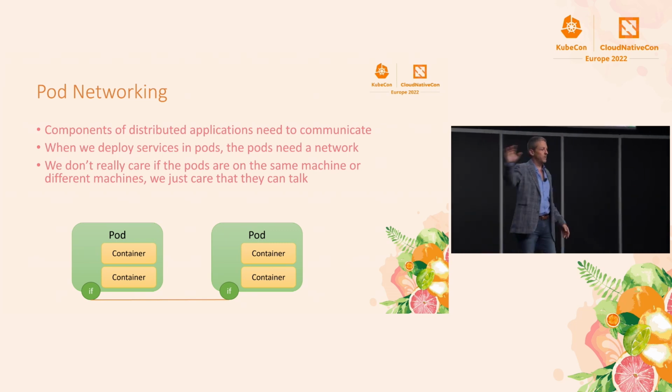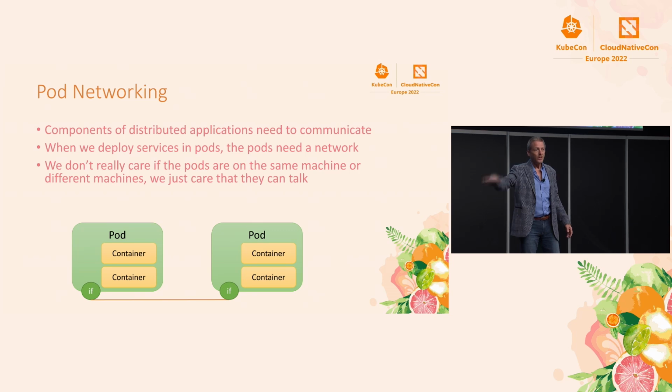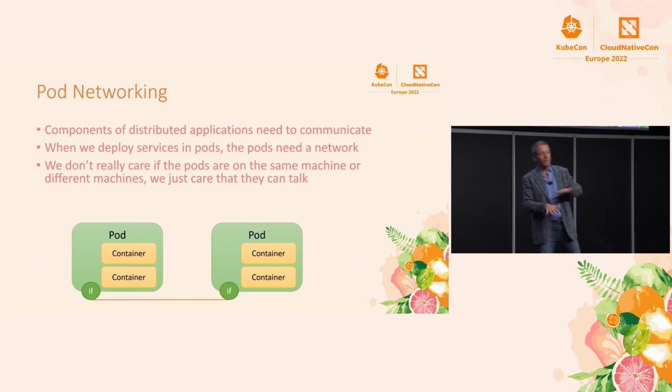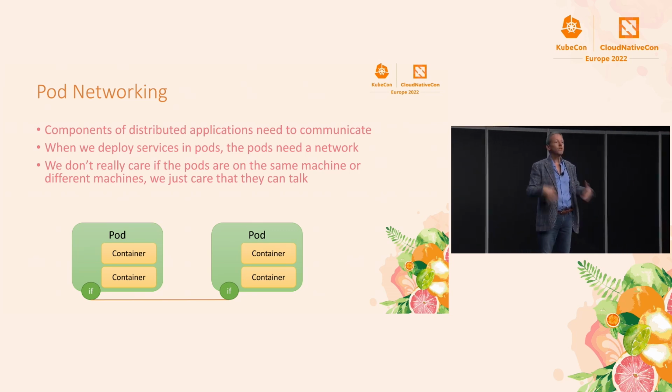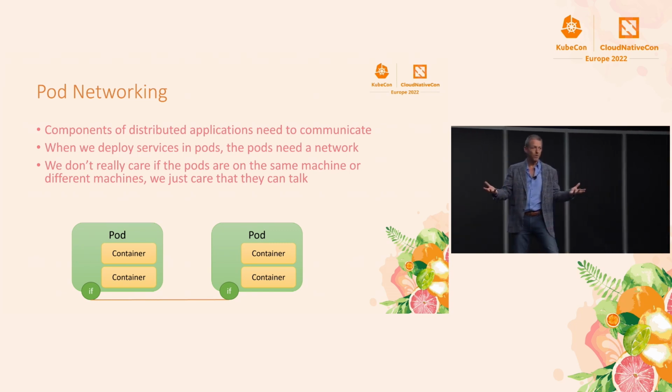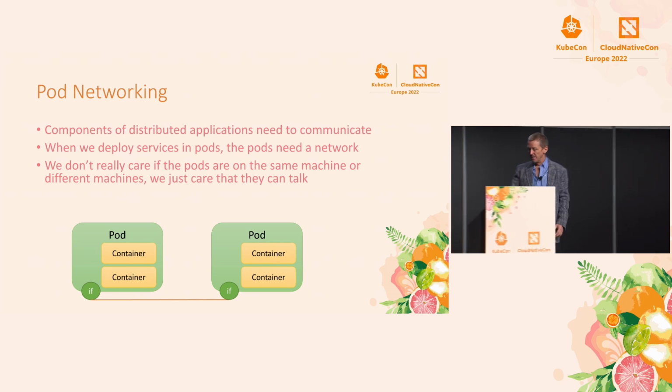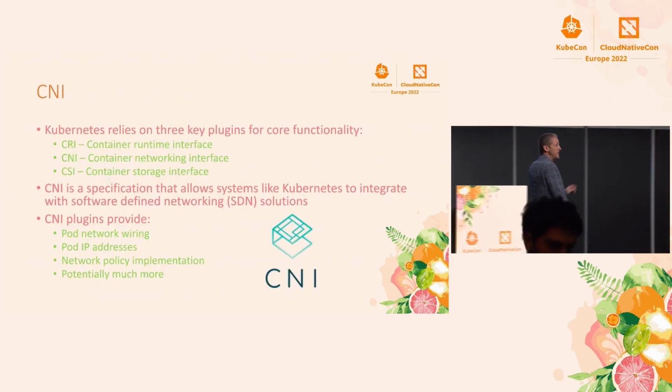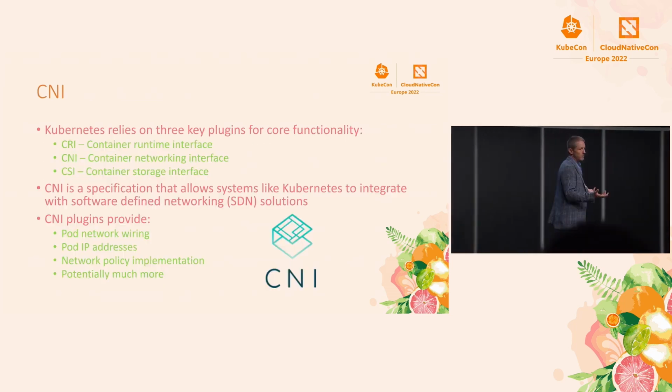Now, what if I want to put some pods in the staging namespace, and I don't want them talking to pods in the production namespace? Well, you can create network policies that change the rules up and stuff, but it has to be possible for every pod to talk to every other pod. What that means is that pods need to be able to communicate with each other when they're on different machines.